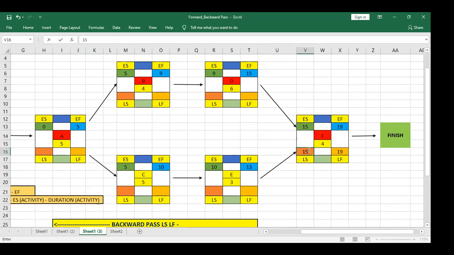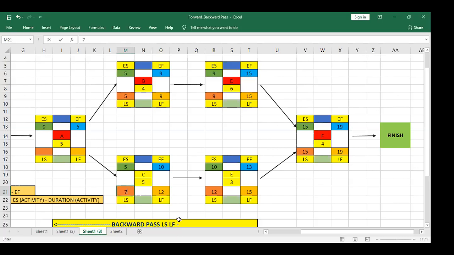Now this late start will become the late finish of the previous activity. So previous is this 15 and previous is this 15. Now 15 minus 6, 9. And now this late start will become the late finish of the previous activity. So 9 will come here. 9 minus 4, 5. Now we have converging again. In converging, we have to complete the other path before going further. So here we left at 15. 15 minus 3, 12. Now this 12 will become the late finish of the previous activity. So 12 will come here. 12 minus 5, 7.